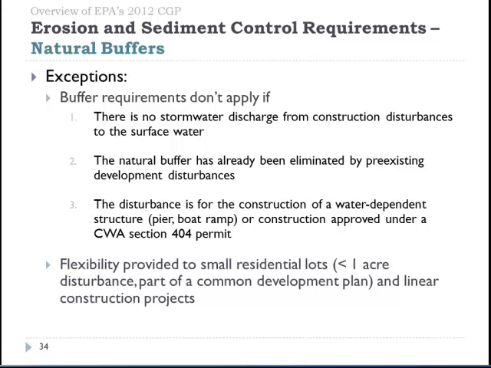easy to implement compliance alternatives for when a 50-foot buffer is not practicable. And then for linear disturbances, we have special flexibility where, if site constraints would limit your ability to comply with any of the compliance alternatives, you can achieve compliance by providing a buffer width that is practicable and additional controls if that is practicable.